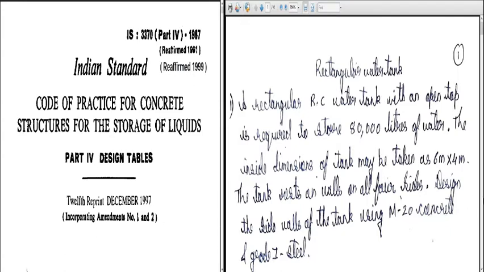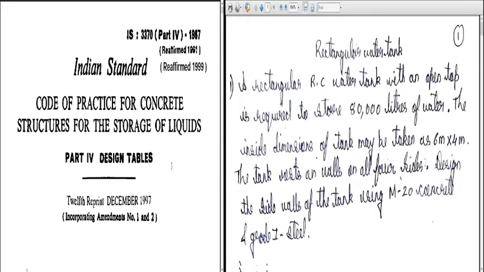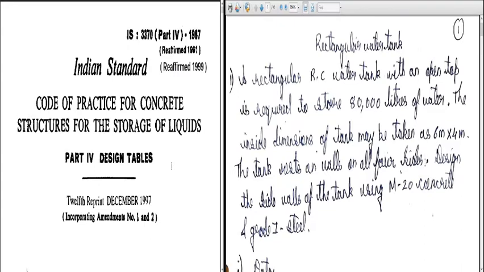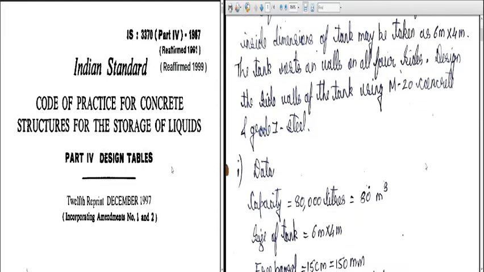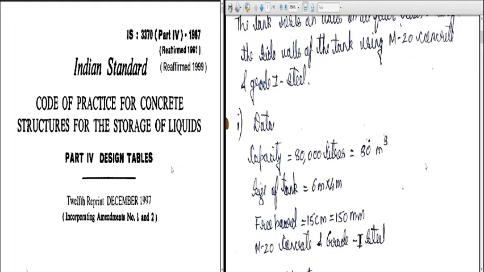So it was a rectangular RCC tank with a capacity of 80,000 liters. The inside dimension was 6 meter by 4 meter, resting on walls on all four sides. Grade was M20 concrete and grade 1 steel. So these were the given data. Capacity is equal to 80,000 liters, 80 meter cube. Size of the tank 6 meter by 4 meter, and freeboard we took as 150 mm, M20 grade